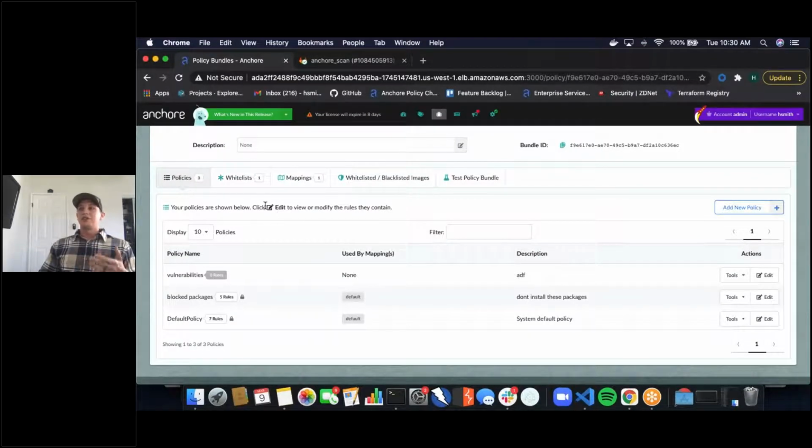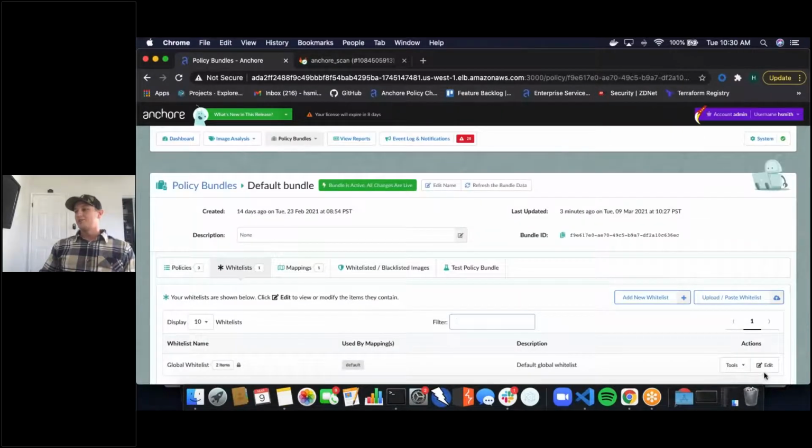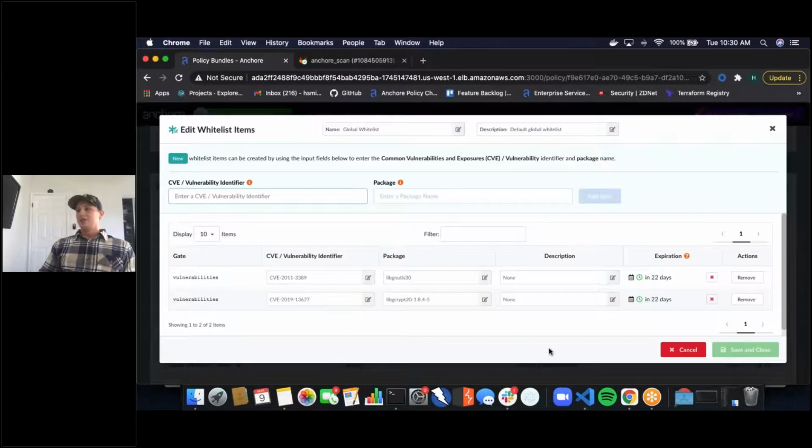And at Anchore, we believe, whatever your organization's needs, whatever compliance or security needs that you have, Anchore is here to kind of meet that. That's what the policy bundle and policy scanning is all about, right? So if we were to look at providing that allow list that I briefly mentioned, and we saw it earlier in the policy compliance tab,